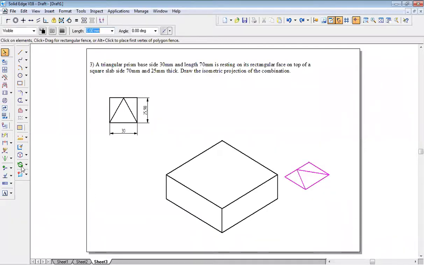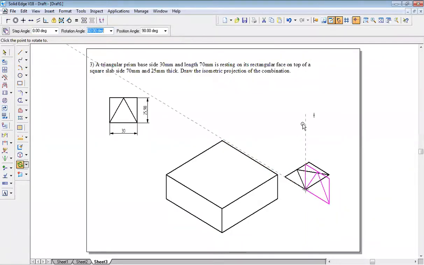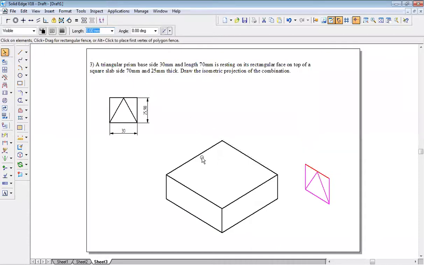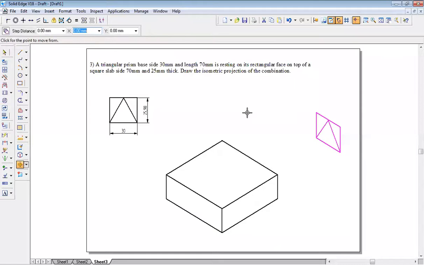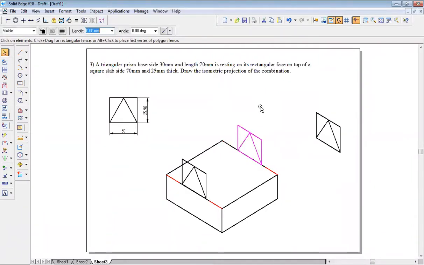So select the entire thing, go to rotate command, taking this as center, this as a radius, rotate it in one direction, and take your profile and try to place and check. Yes, this is matching. Correct? So now what you can do, go to move command, switch on the copy option, midpoint, take it. This midpoint should fall one in this place, the other in another place like this. Okay, two places you have to place.